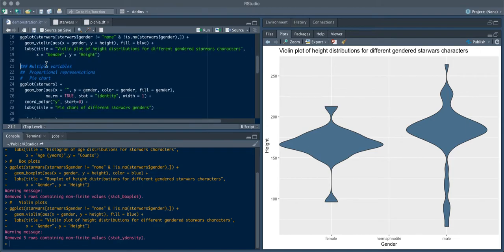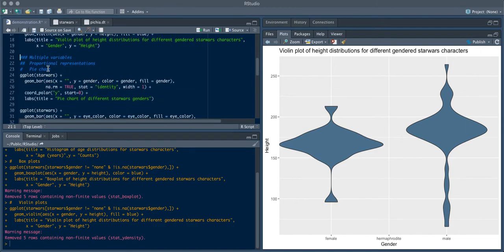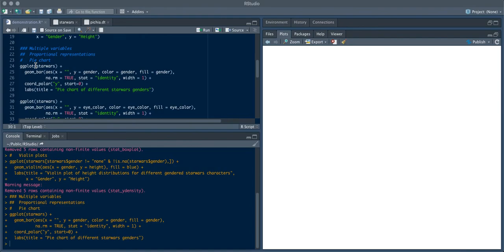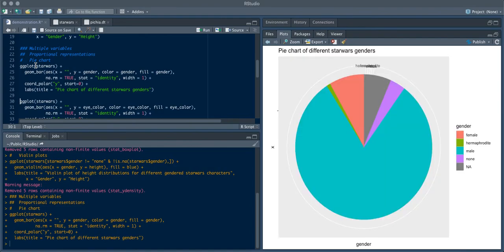We can also use multiple variables to make visualizations. Some of these might be a pie chart, for instance, where we can count the distributions of different genders inside of Star Wars. So here we can see that most of the characters inside of Star Wars are male. Here you can see that there are some that have none, and that could be